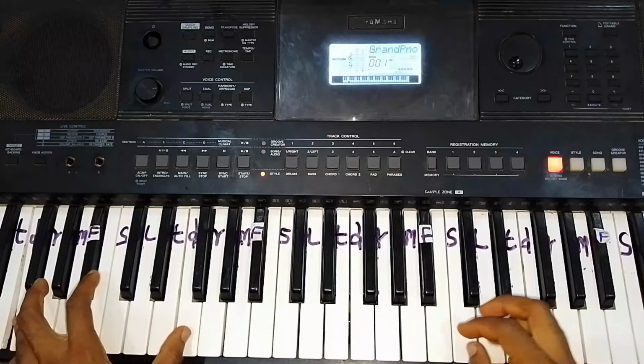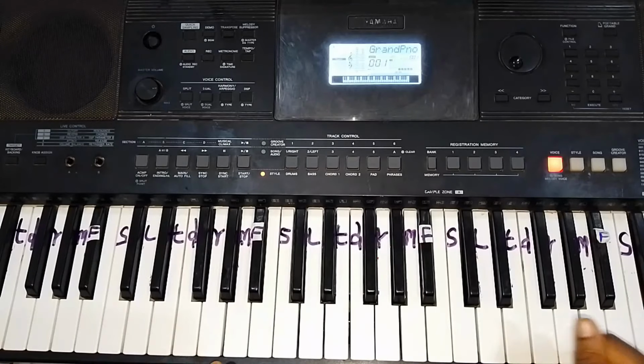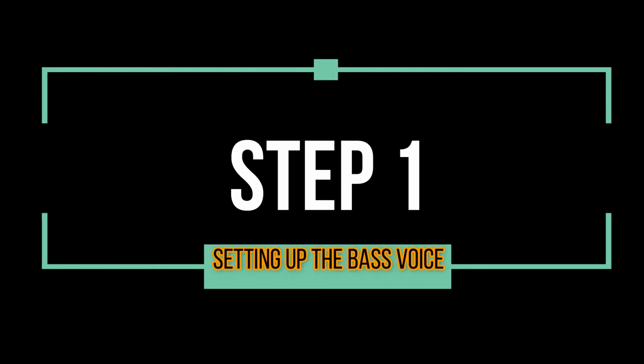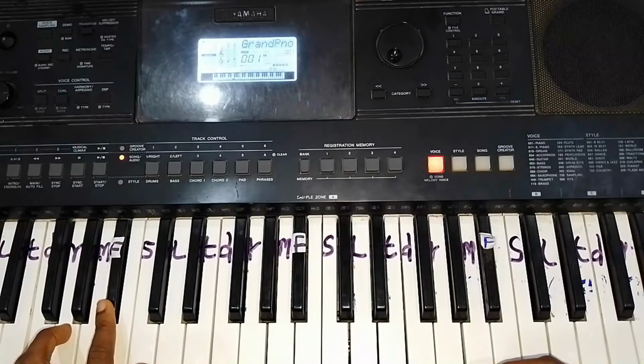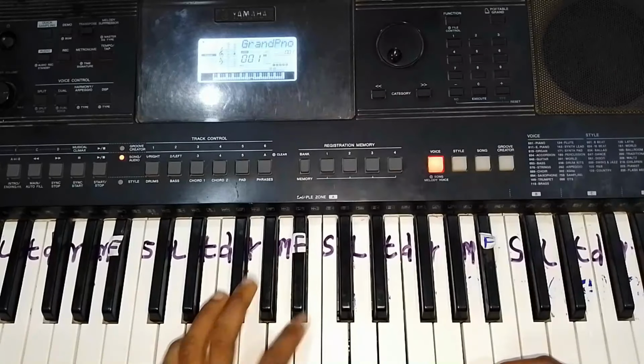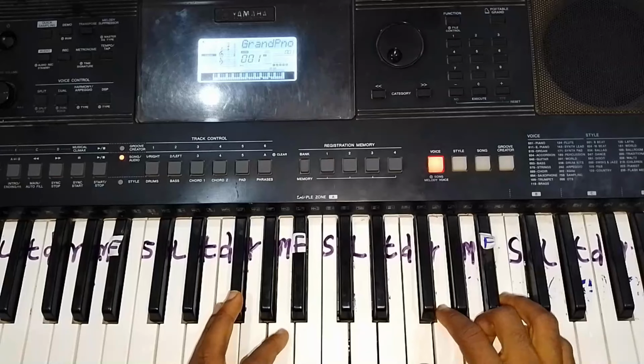So I'm making use of the key of F for this lesson. So setting up the bass line, this is the first step. First of all, you must get the right bass voice to use, one that should sound like the bass guitar you are improvising. Because if you don't use the right setting, you won't get what you want, no matter